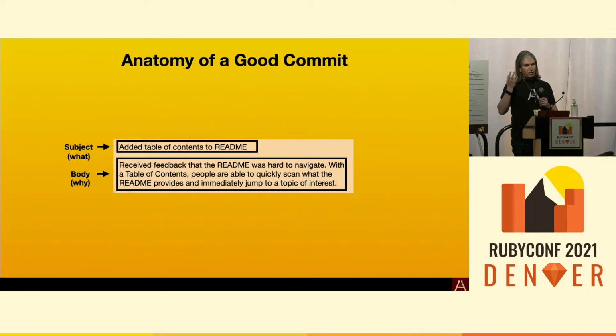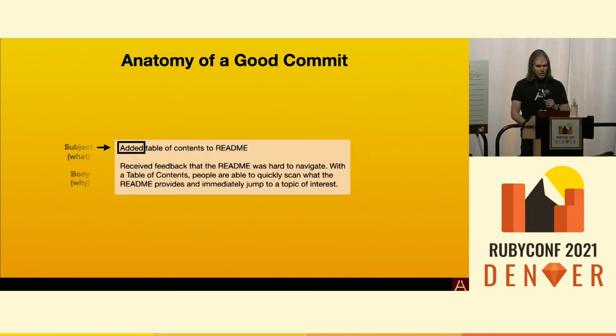You have to explain not only what it is that you're committing, but why you're doing that, because it's so critical for you 6 months down the road, a year down the road, or just explaining to your team how you implemented this architecture. It's really critical for the communication and transparency of a well and healthy team. Now, if we dig into this a little bit further, right, we have a prefix of our subject, like added. You can have several prefixes there, such as fixed, added, updated, refactored, removed. Those are generally the things that you're doing when you're committing code.